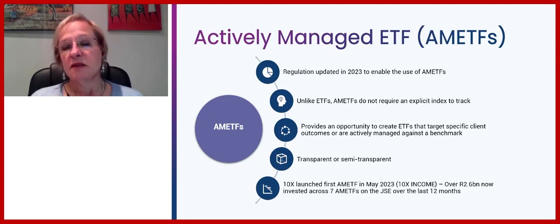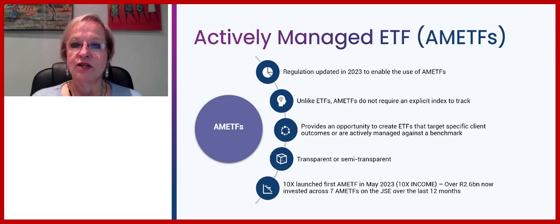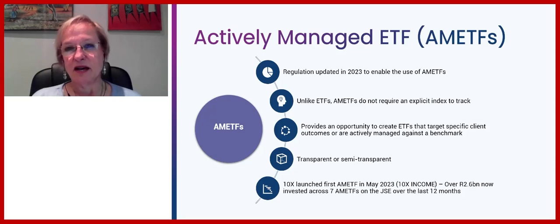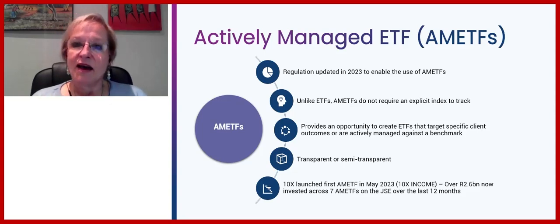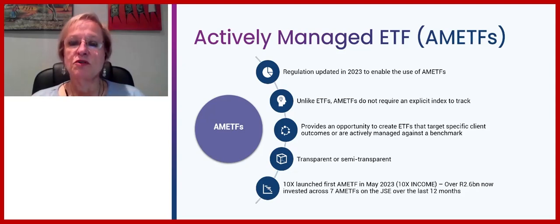And I think one of the biggest departure points is the fact that these no longer need to explicitly track an index. The underlying fund is still a CIS fund, a collective investment scheme, and that's why they are called ETFs, as opposed to maybe the AMCs, the actively managed certificates that was covered by a previous Investment Analyst Society event. So the actively managed ETFs are still an underlying fund that you are covering. And the underlying transparency to that fund can either be completely transparent or semi-transparent. So think almost in terms of a more traditional actively managed unit trust, but which is now available to the investor via the stock exchange.